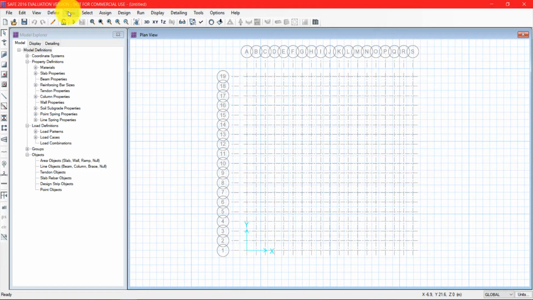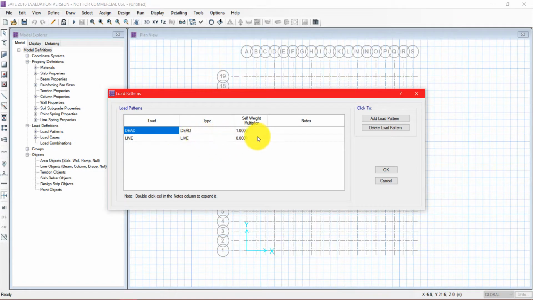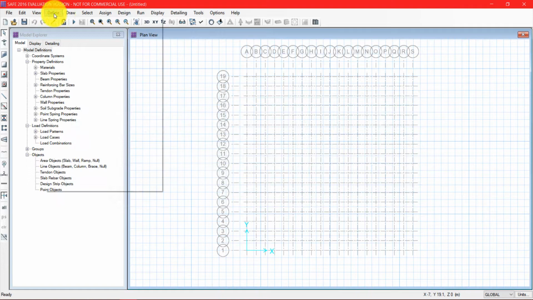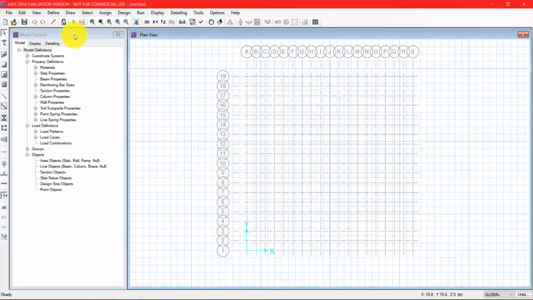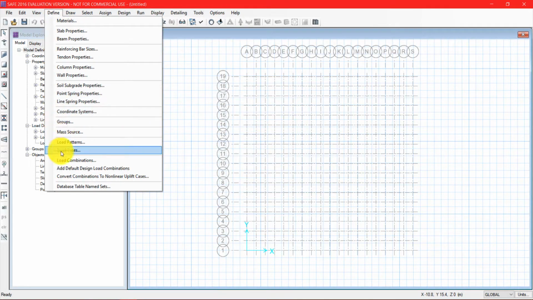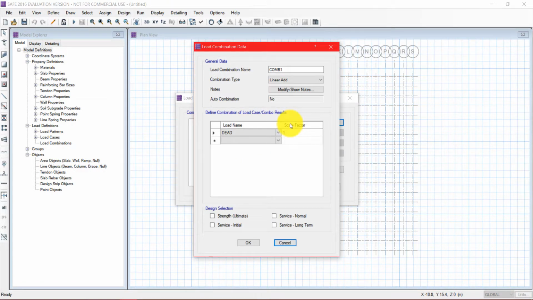Now let's define the loads. We'll check that the load patterns are already defined correctly with the dead load and live load. So let's see the load cases. In load cases, we want linear static for both the dead and live load. Let's click OK. Now load combinations. We'll have to define the load combinations ourselves. So we'll be defining two load combinations.